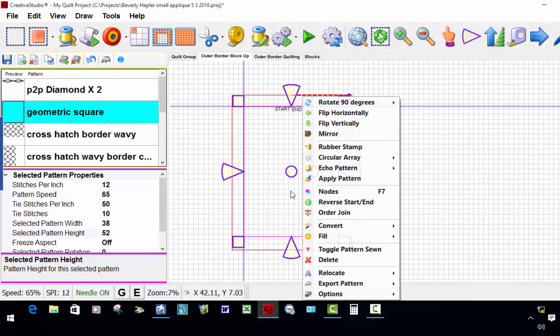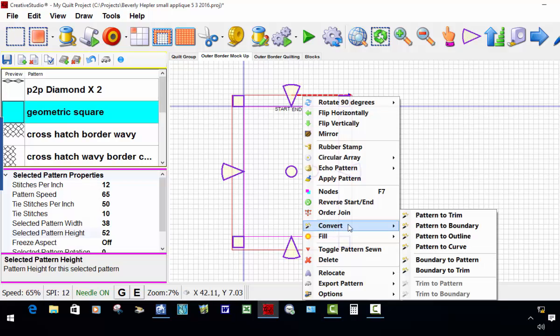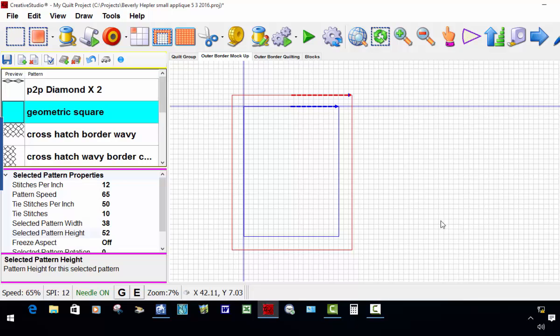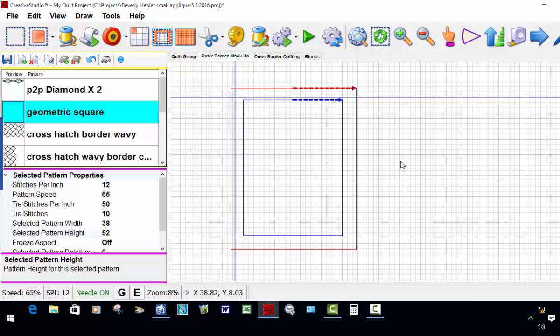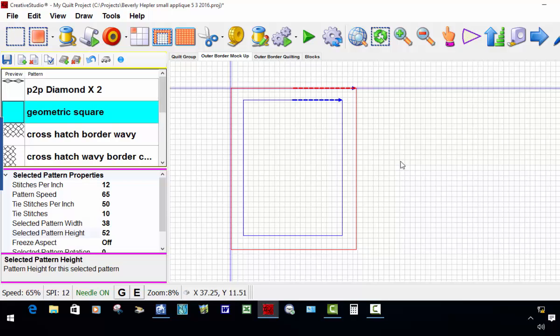Select this, turn it into a boundary, convert it to a boundary. It's a pattern. So I'll do this, and now I can start thinking about doing some patterns in this. I'll place the machine back in the upper left corner and go and get my cross hatch